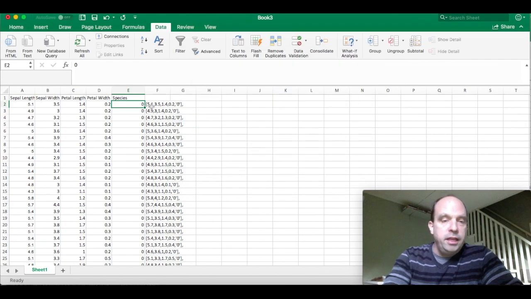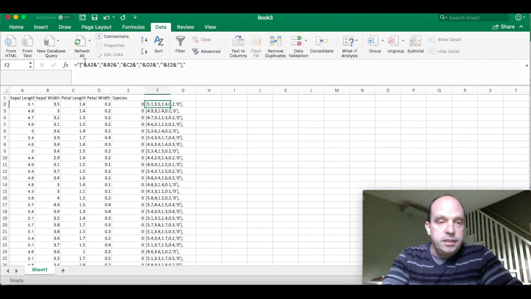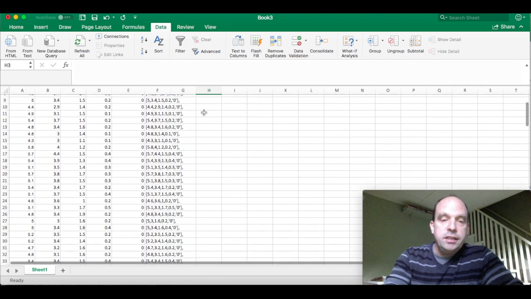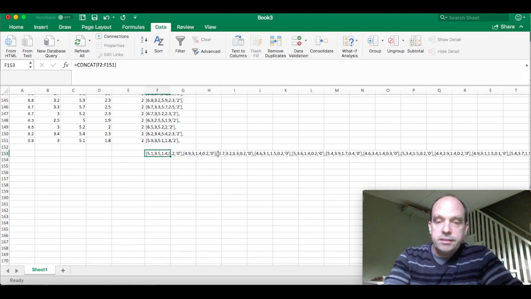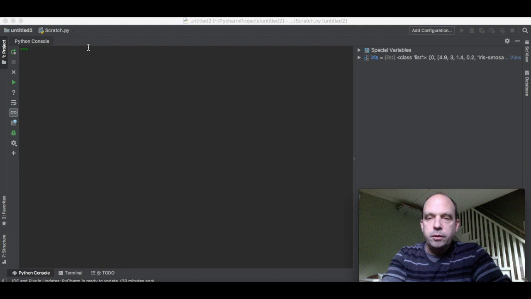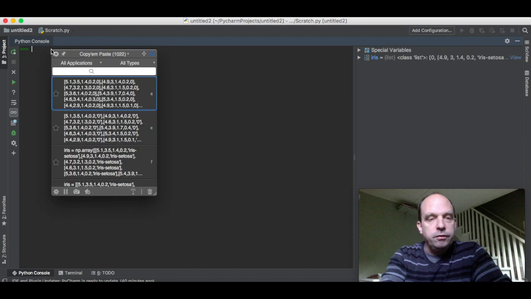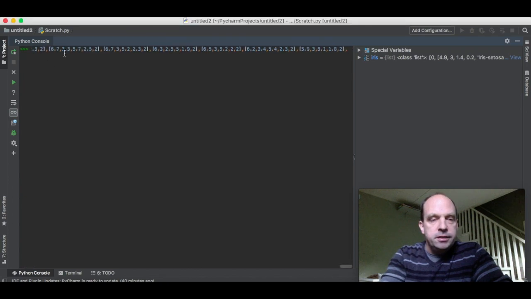Okay. And I've done a little fancy footwork on the side here to try to turn these numbers into a list. So you can see I've concatenated a whole bunch of characters together with information from this list. At the end, I take all the items and concatenate them together into something that's starting to look like a Python list. I'm going to copy that. So what we did in Excel was a little bit of data pre-processing, and now I'm going to copy that list over here